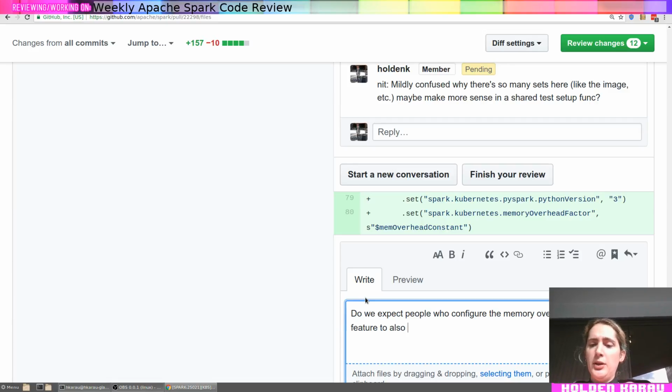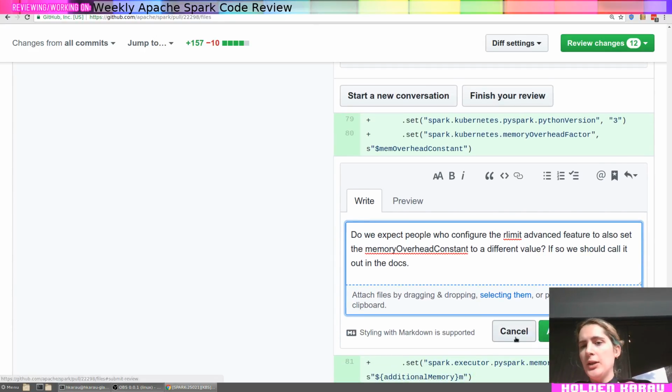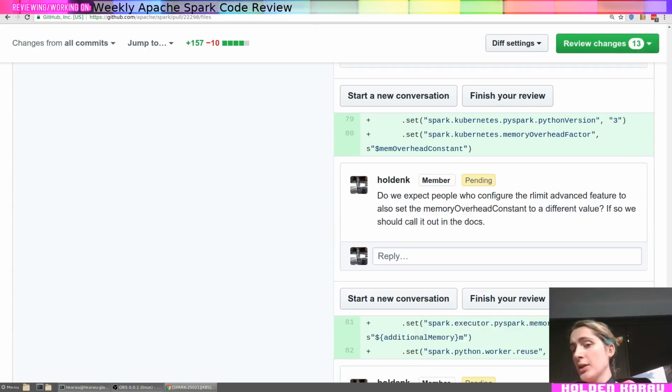Also, the different value. If so, we should call it out in the docs. And it's not directly related to the test, but just because we're doing it in the test, I assume this is what we expect people to normally do. So we should tell them that in the documentation.